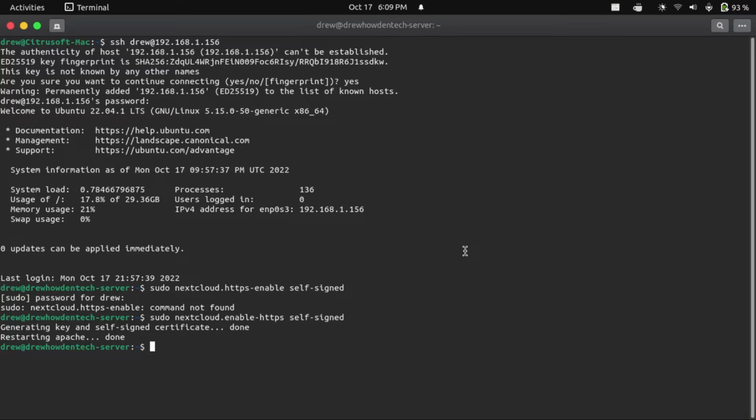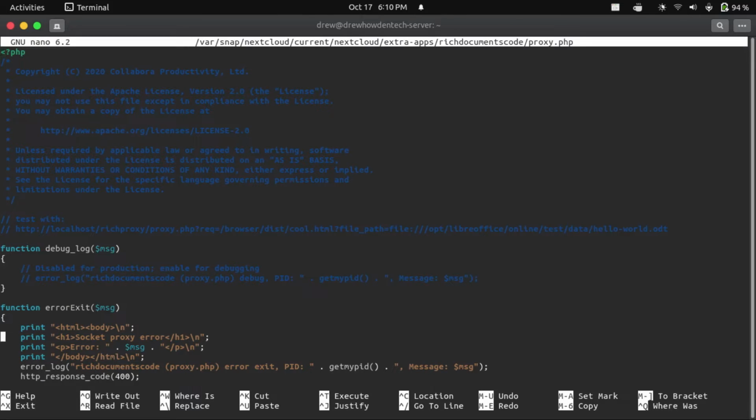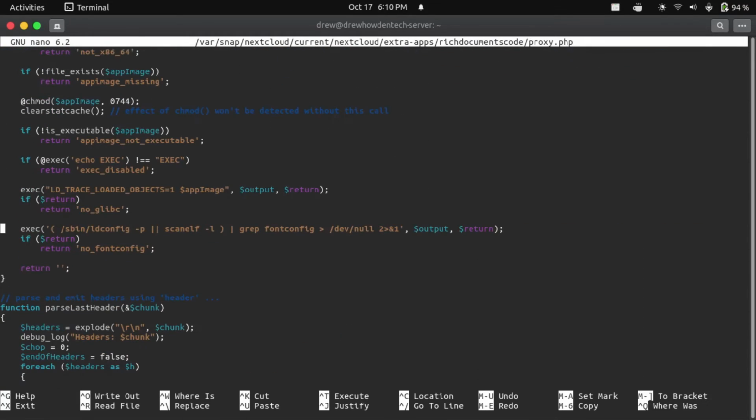So if we come back over to our SSH, we're going to do sudo nano //extra-apps/rich-documents/proxy.php, exactly like that, no spaces, all lowercase. That's a mouthful, I know, but anyway, we're going to hit enter, and then we're going to come down to this line,